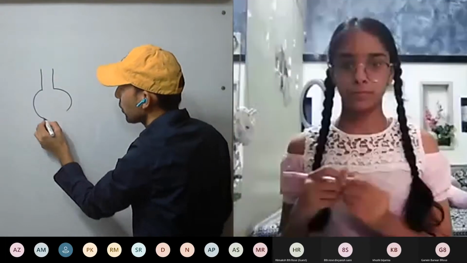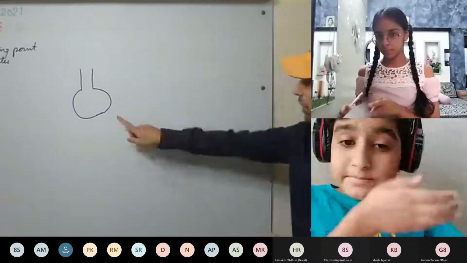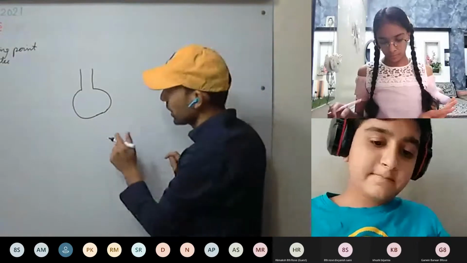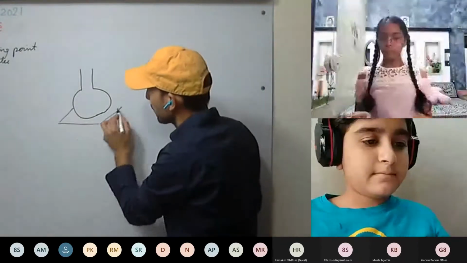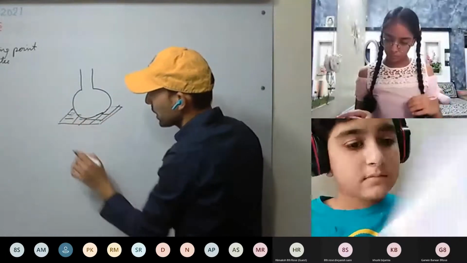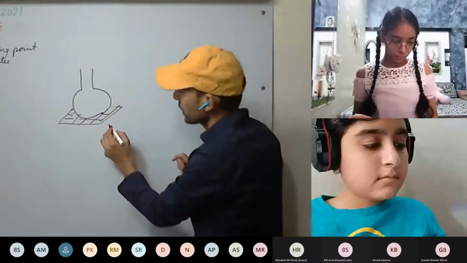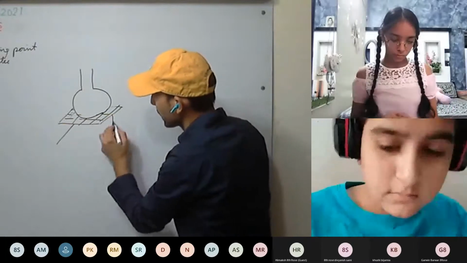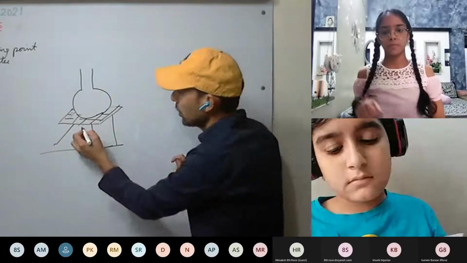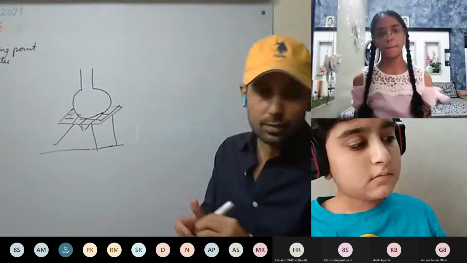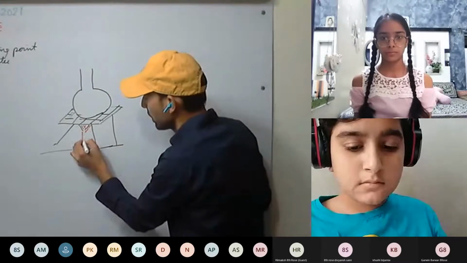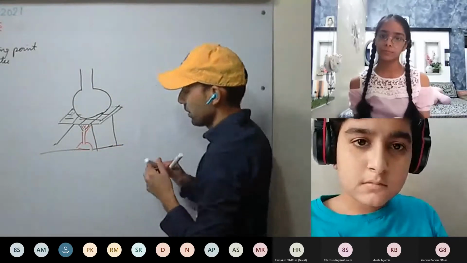So we take one round bottom flask. Since we have to heat it, we'll put it on a wire mesh so that heat is uniformly transferred, and the wire mesh will be put on a tripod stand to provide support. Now we'll require a burner so that we can heat it, so a Bunsen burner will be required. This is our Bunsen burner.